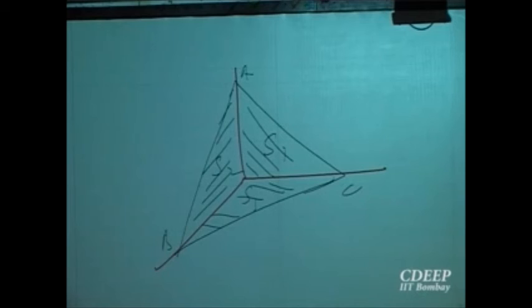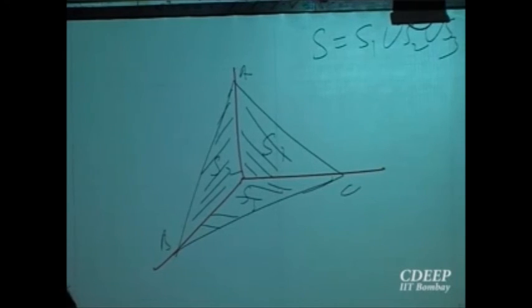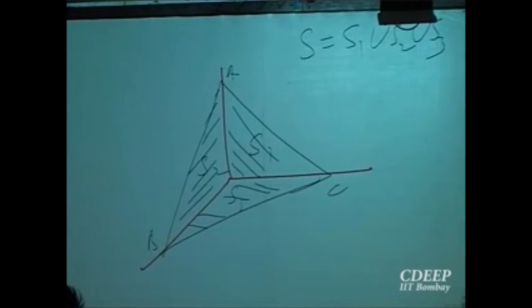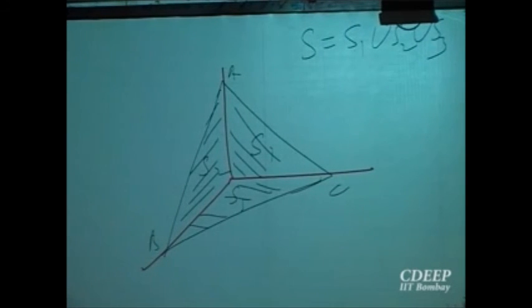I want to give that an orientation now, which should be compatible. Okay? So let us look at S1. First of all, my surface is S, which is equal to S1 union S2 union S3. On that, I should give a compatible orientation. So let us say on S1, okay, let us give an orientation there. What is possible? On that plane, this is X, this is Y, this is Z.